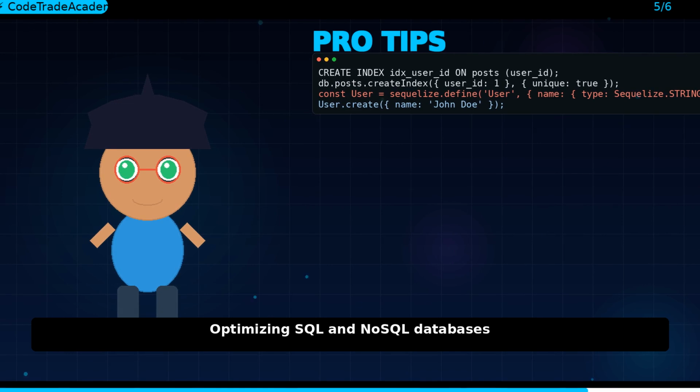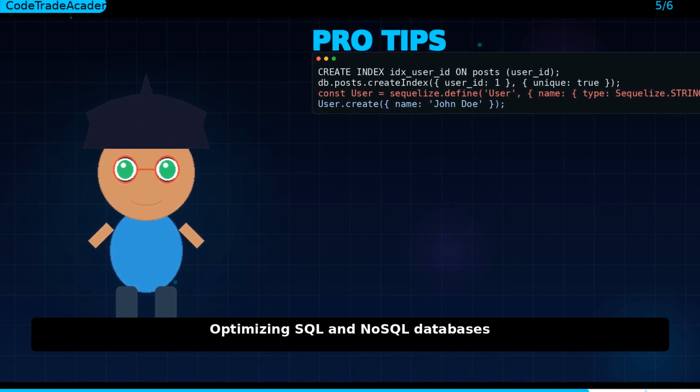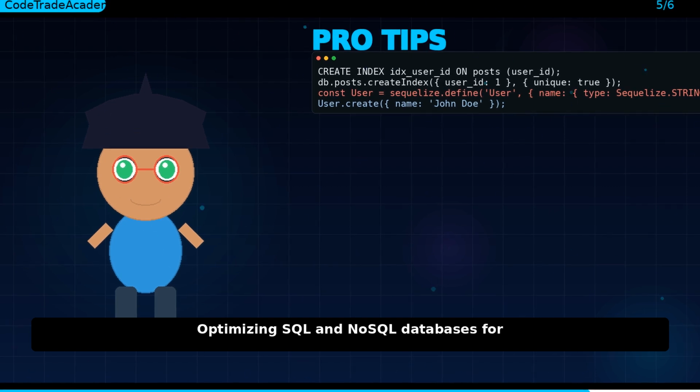Here's an example of how we can use indexing in SQL. Create index idx_user_id on posts, user_id. And here's an example of how we